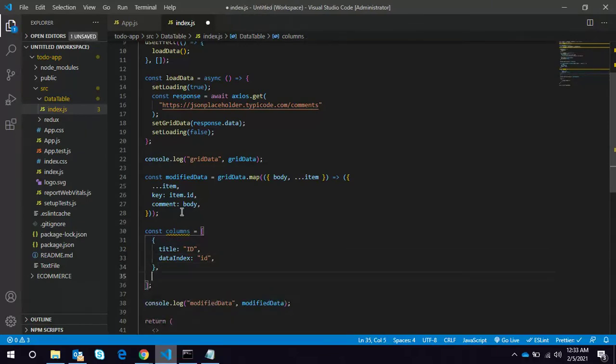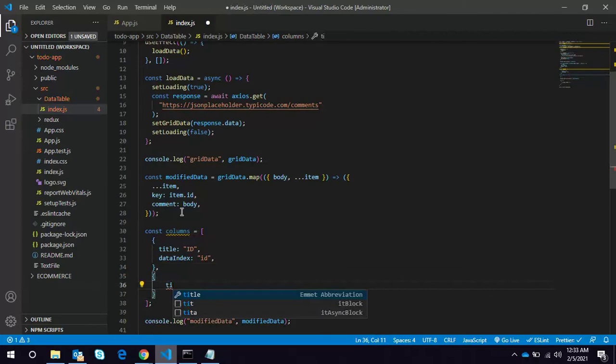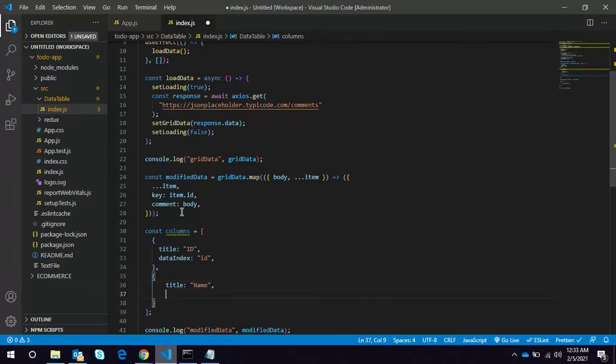Now we can pass some property like align.